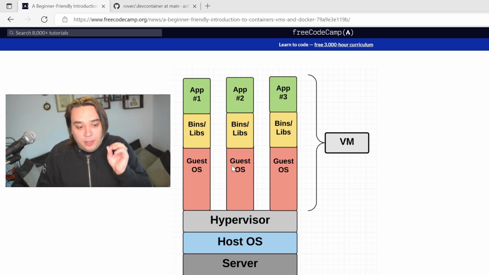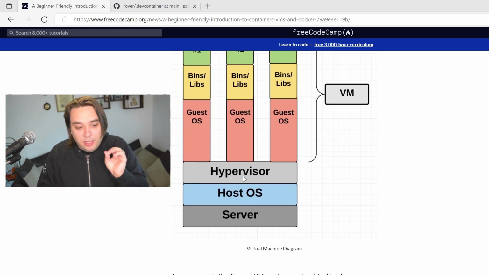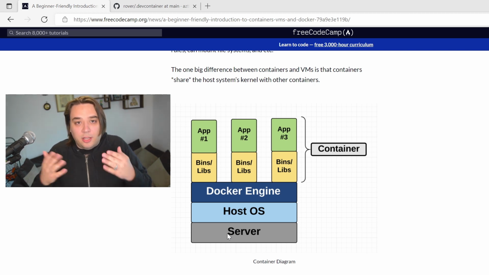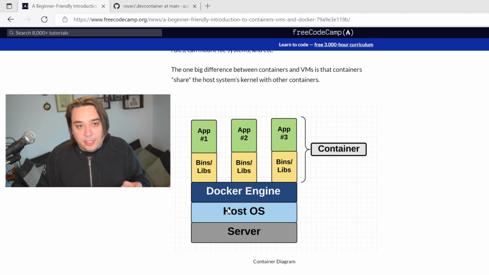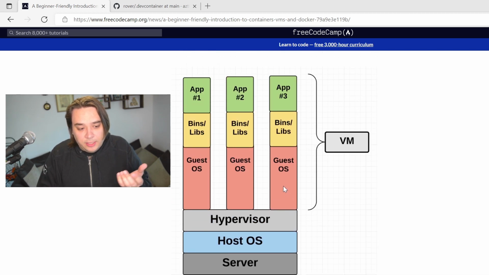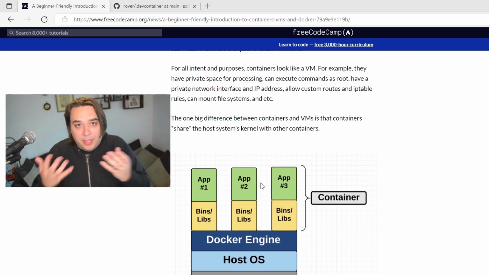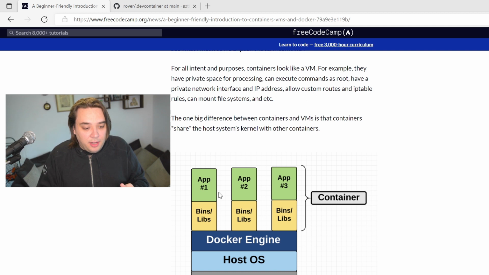However, the difference between this and a Docker container is that you still have your server. So I have my laptop, which is my tin again, my host OS, again my Windows 10. Then my Docker engine, which is kind of the same thing as a hypervisor, it's just at that layer, and then it runs a container.